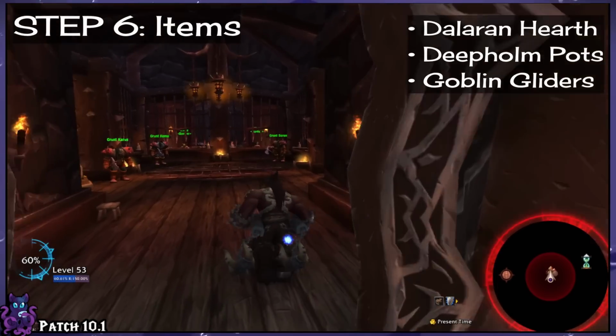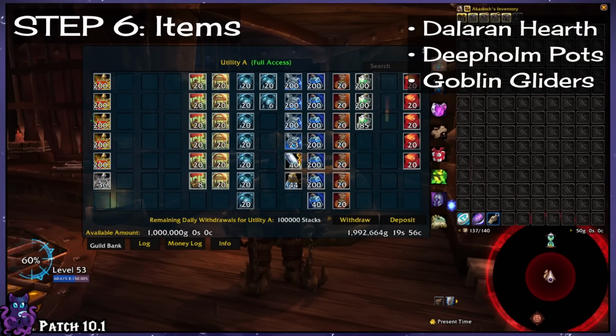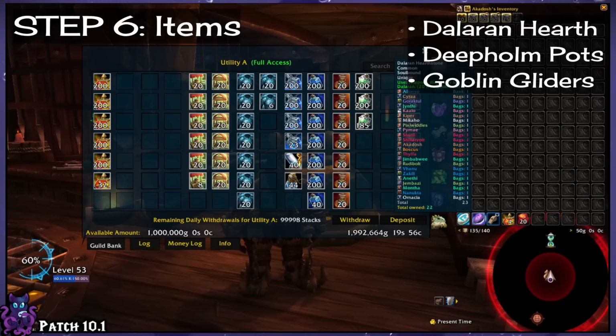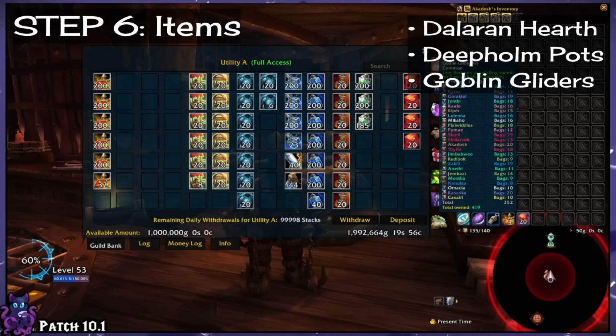Step 6. Get the items you like to use while leveling into your new bags. For me, this is the $1 on Hearthstone, Deep Home Potions, and a stack of Goblin Gliders. Regardless of what level I am, I use all 3 of these frequently because they make traveling much easier than